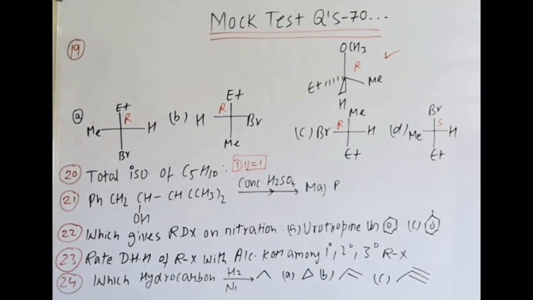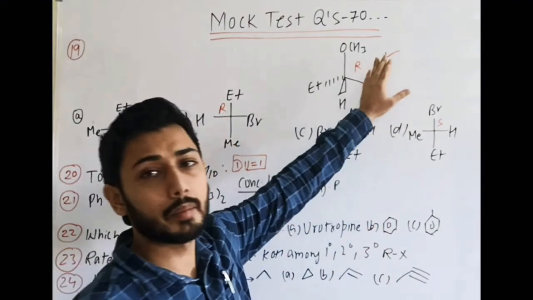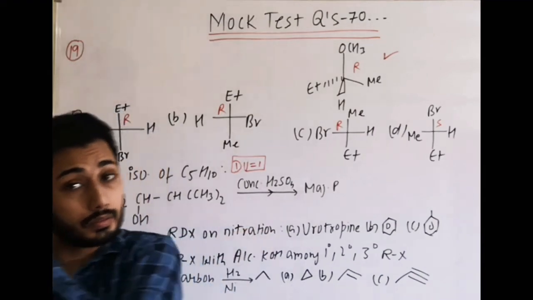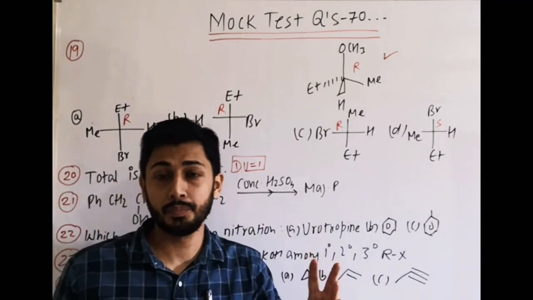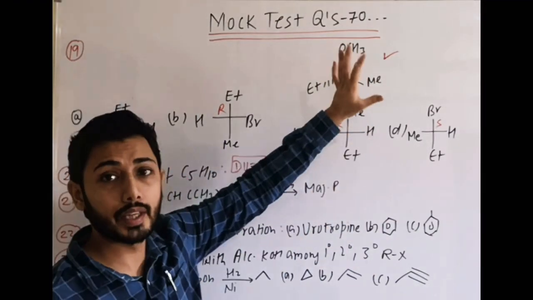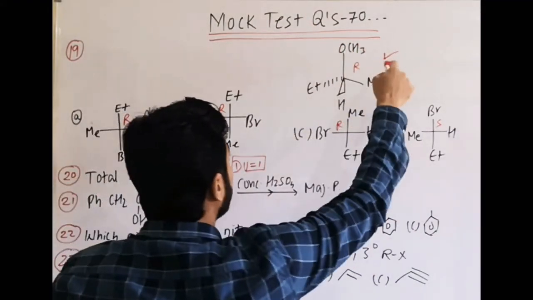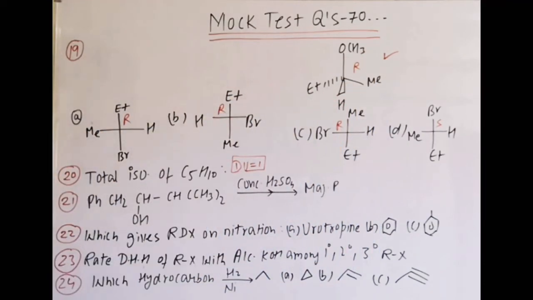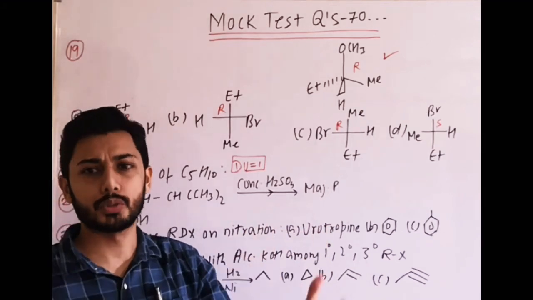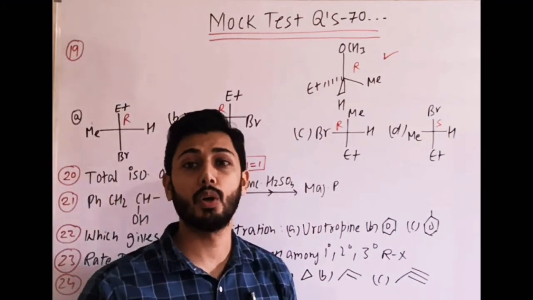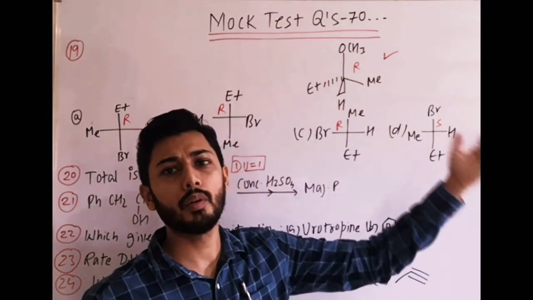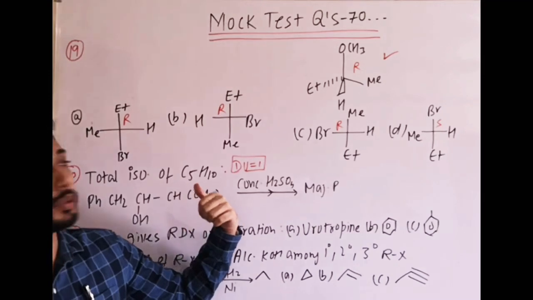Now I have directly written the configuration. Because I have already covered in detail in stereoisomers how to find out R and S, I am using it directly, otherwise it will take time to find it out on the board. It is R configuration. We know that if it is an SN2 reaction and the product is R, that means the reactant has to be opposite. Why? Because in an SN2 reaction Walden inversion takes place, and if the configuration formed is R, the reactant should be opposite, that is S.